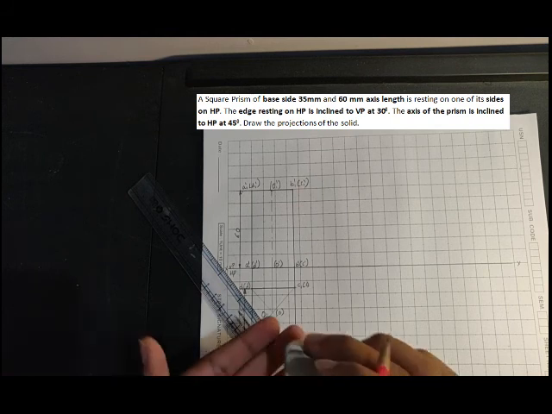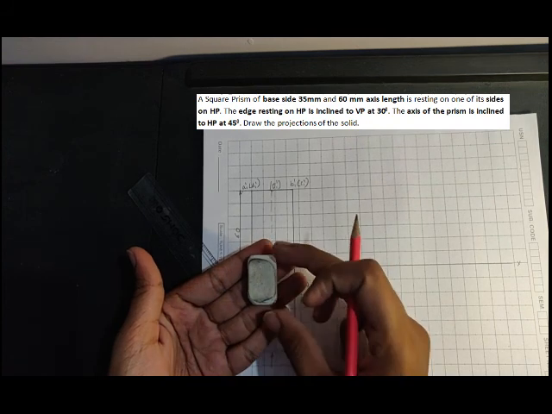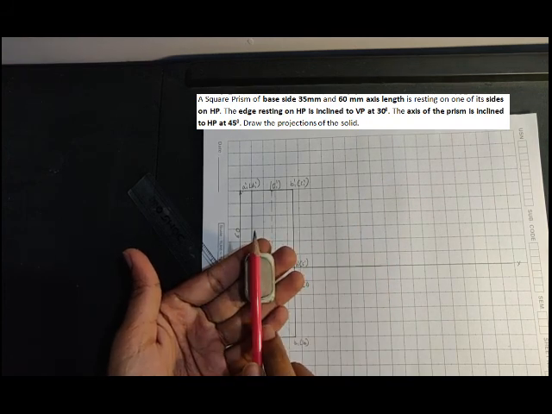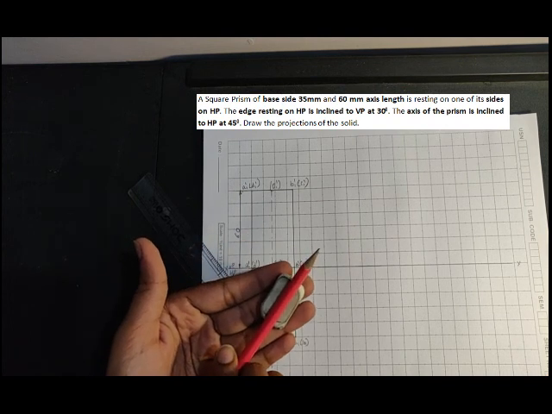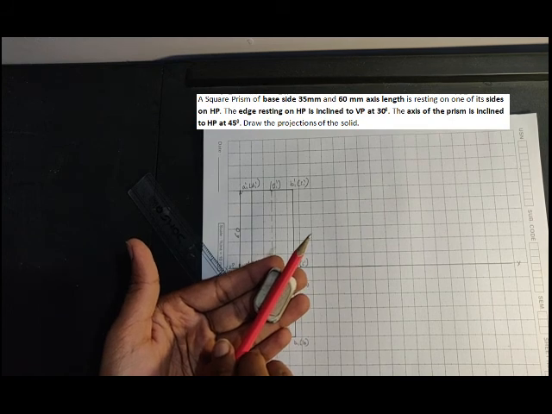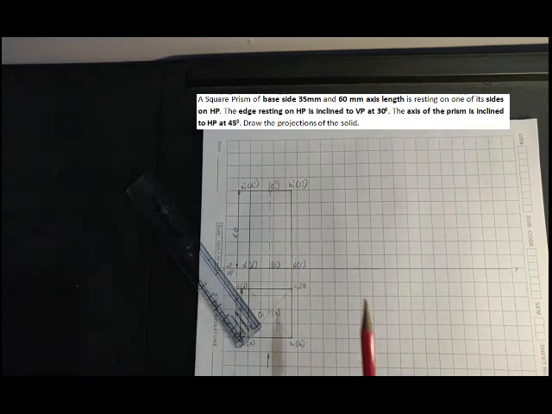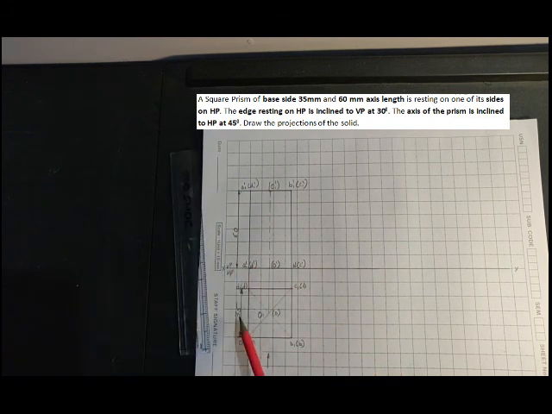So what I do is, see, you have a lamina here, or solid here. So what I need to do is rotate this. So this is the axis line. I need to rotate this with respect to HP, at whatever angle they have given. In this particular case, they have given me 45 degrees to HP. So understand here, when you draw the first condition, make sure that the data that is given in the question should be represented in the diagram.